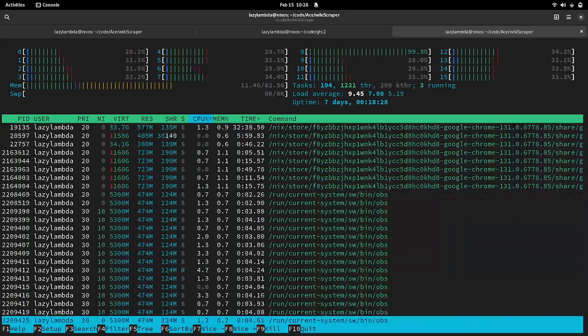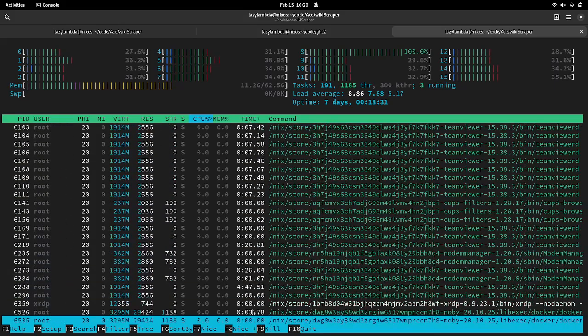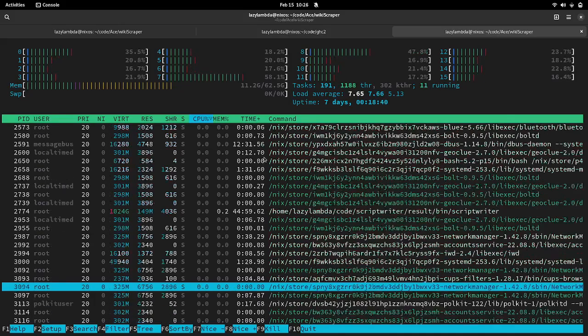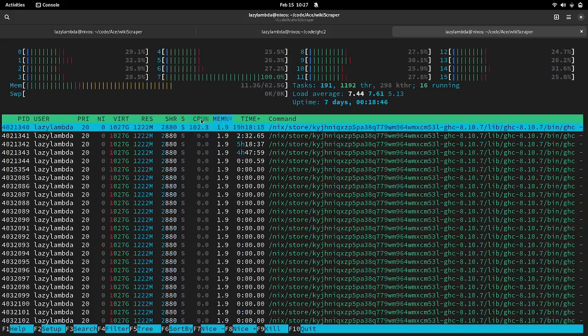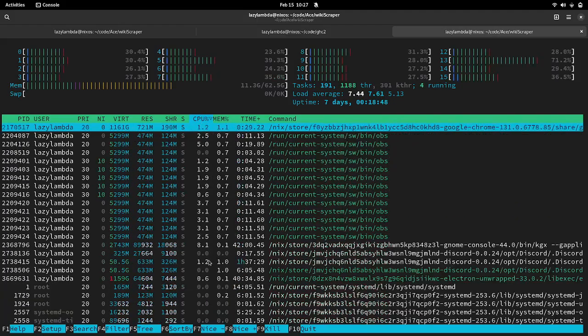And as you can see, I have an absolute ton. Some have been running, like this one, TeamViewer, has been running for 4 hours. I don't know what it's doing, but it's not even using any CPU or memory. And we can see what's actually currently in use, right? So all of these are using some amount of my CPUs.